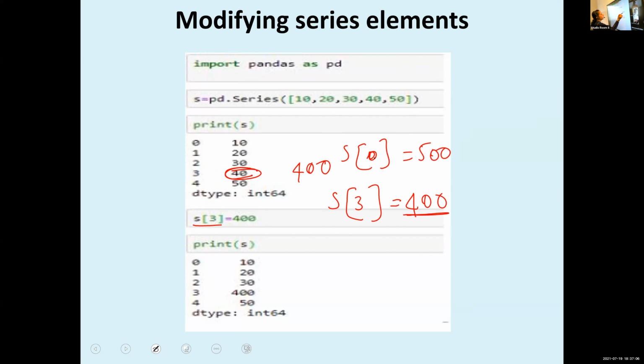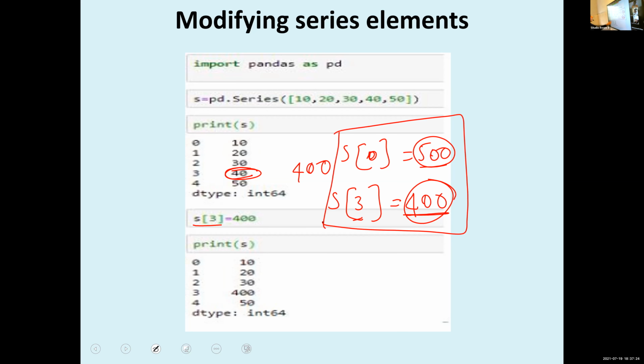So S of 0 is updated with 500, or S of 3 is updated with 400. If I want to update two values this way, I give these two statements sequentially: first S of 0 equal to 500, then S of 3 equal to 400. Then 500 replaces the 10 in the 0th position, and 400 replaces the 40.